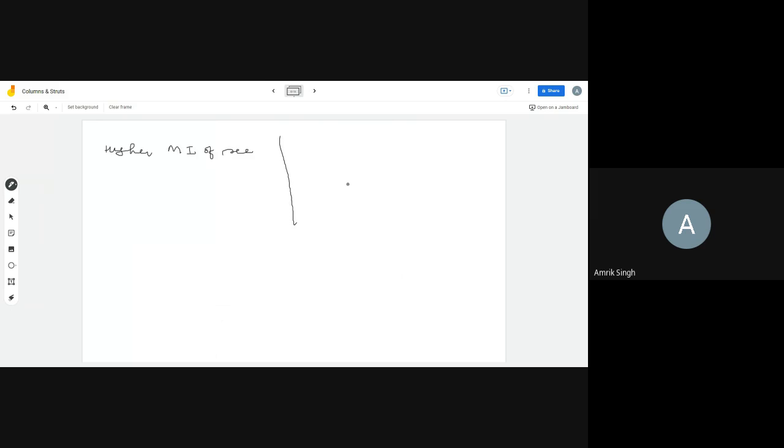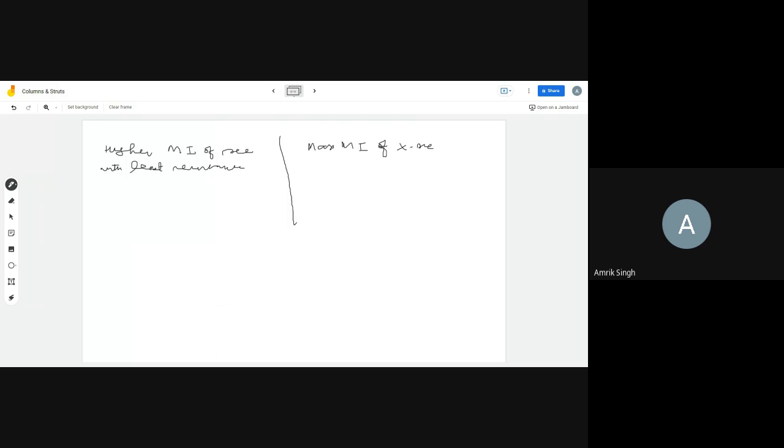And in the case of the beams, we use higher moment of inertia of the section with least resistance. This you will understand. Least, and here we use the maximum moment of inertia of section. Right now,